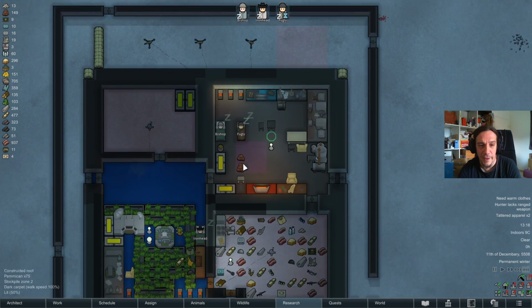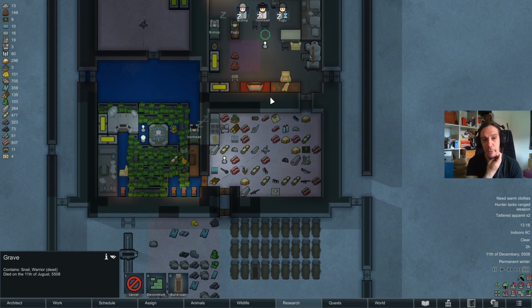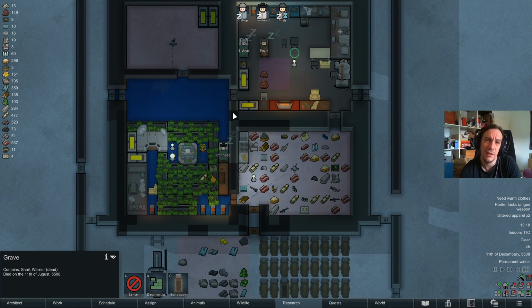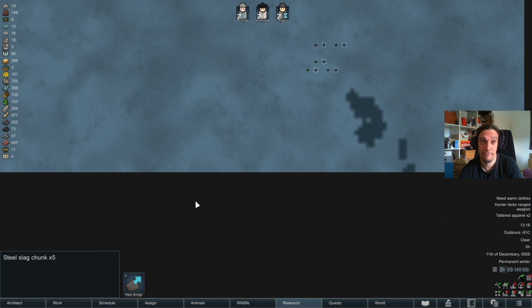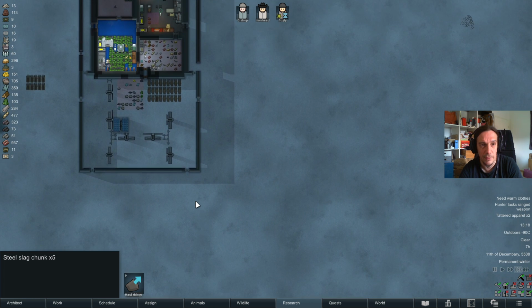So probably with the next harvest I'll be starting to process some of that meat into packaged survival meals. Because I'm not sure, but somehow I believe that the survival meals are worth more. But hard to tell. Oh, cargo pods. Chocolate. Okay. Nice. Also a tad bit dangerous, but...